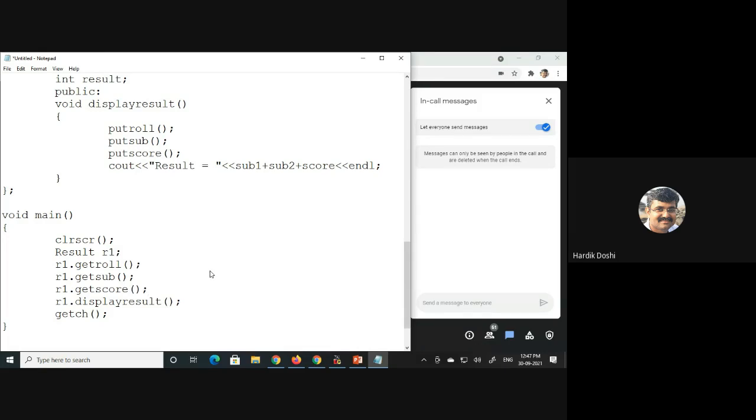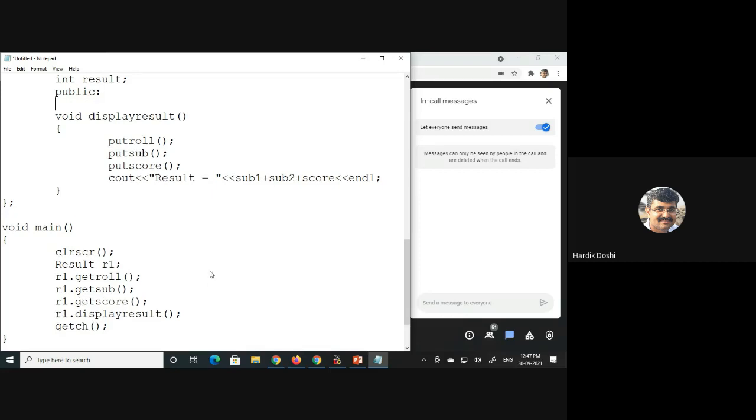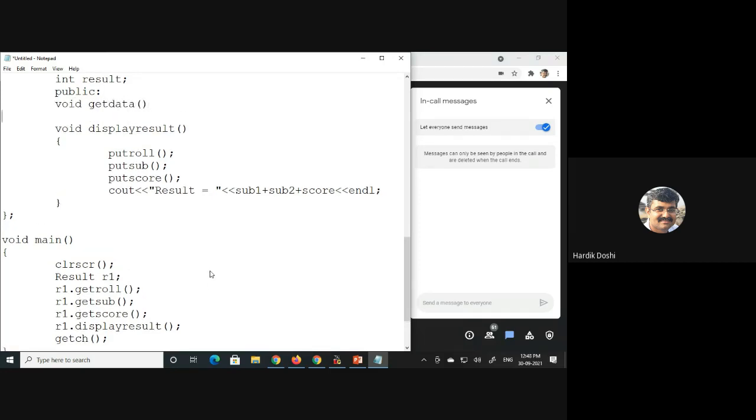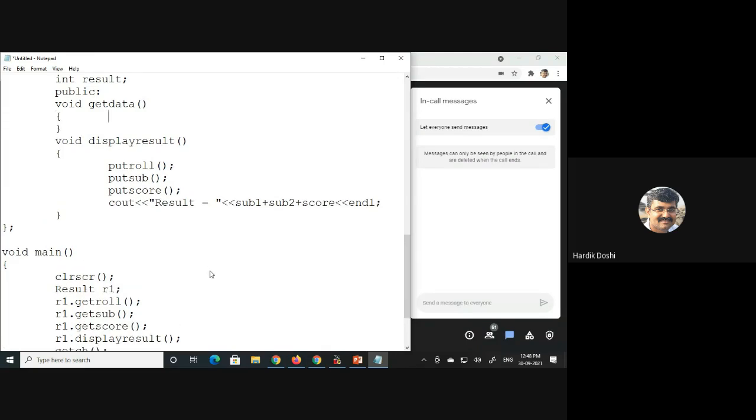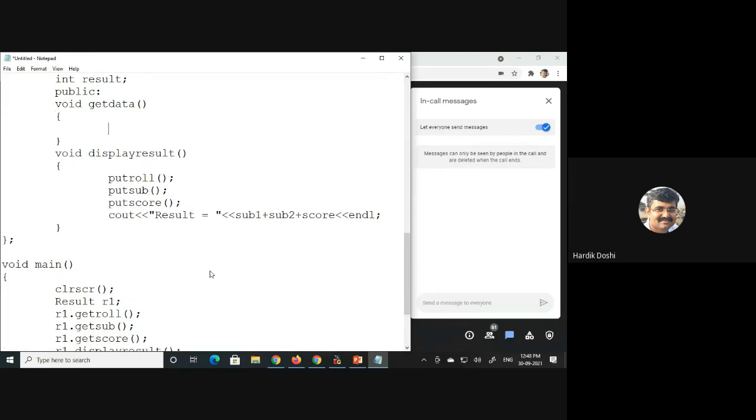Fine. Still, this is what we have written: get score, get sub, get roll. All this we can combine in one function, void get data in result class, wherein we can call them all together over here. That is the correct way.